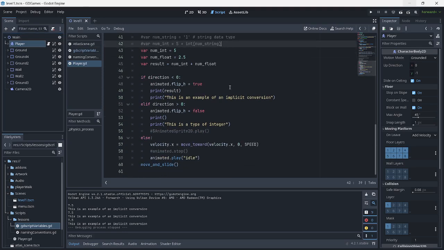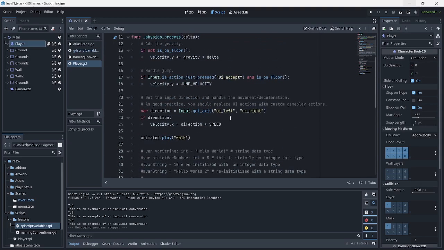Something that I also explored was how to add UI left, UI accept or UI right. I was thinking user interface, but that's actually not it. It means user input.